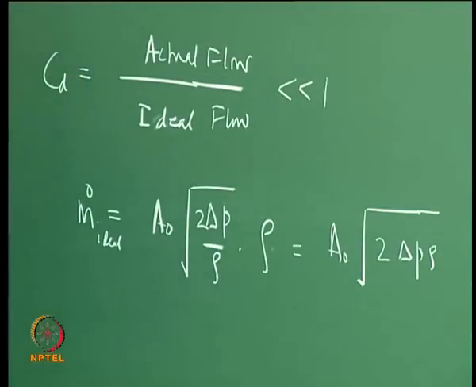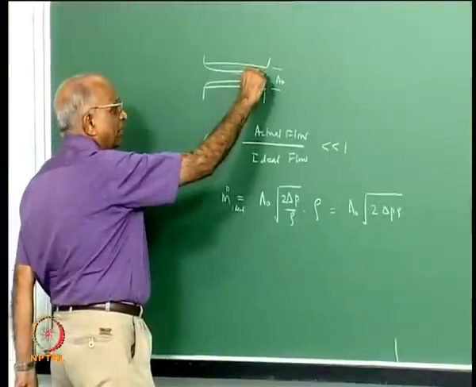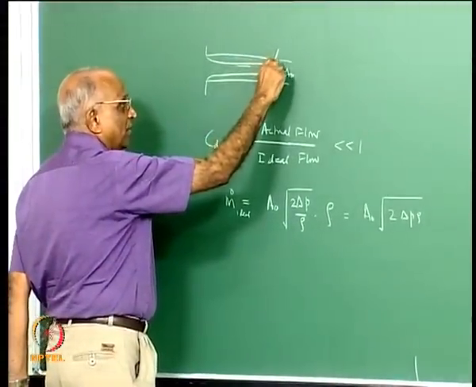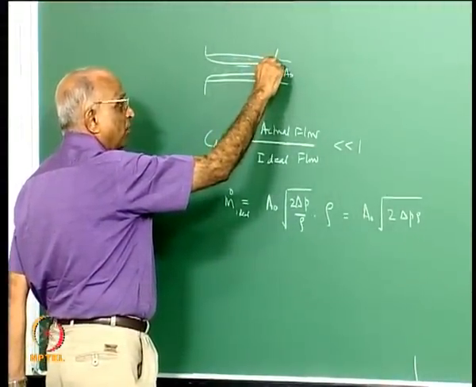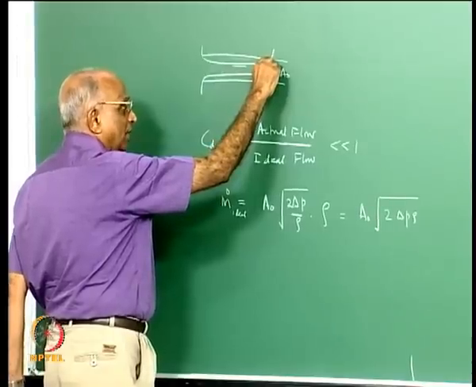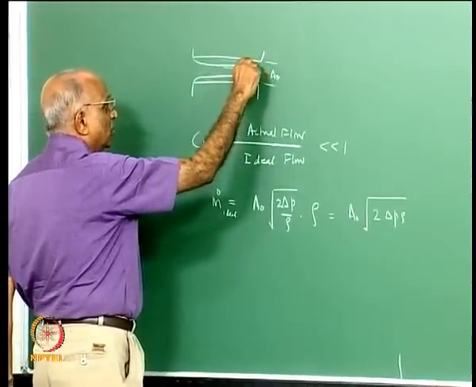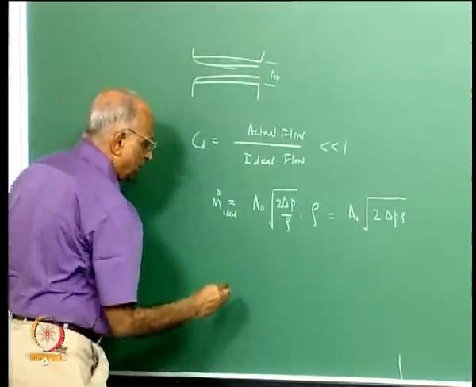But in practice, since you do get separated flow and you do not know what the area of the separated flow is, you base your total flow on the total area, and we also do not correct for friction. Therefore, the actual flow